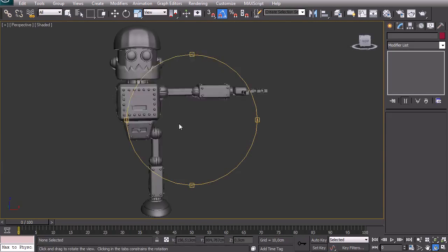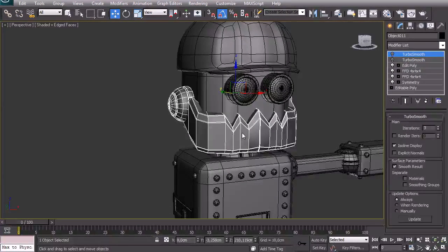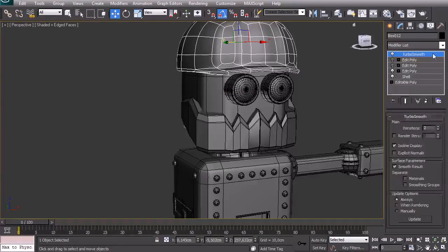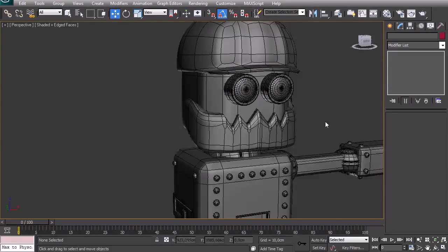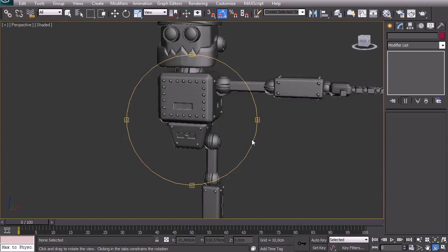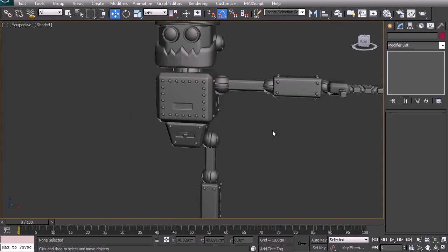The reason we do this is actually go here and turn turbo smooth of this off, convert this to poly, and select the sphere and just delete it as well. And I'm just gonna copy the turbo smooth and paste it as an instance. The reason we do this is we just want to work with the stuff that we're going to need for the robot itself. Instead of having to colorize the materials and so on